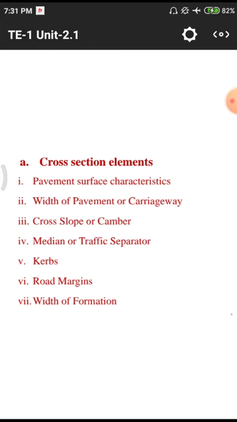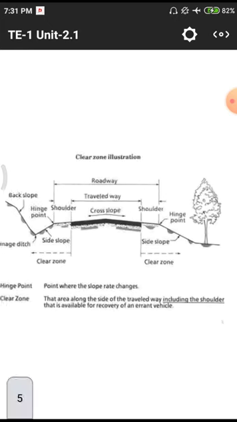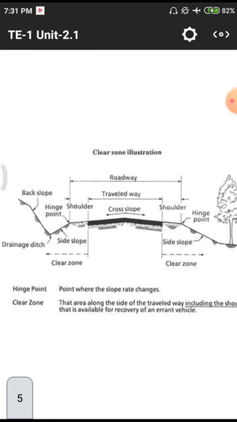And next, width of the formation. Okay, all those things come under the cross section elements. Once again we will illustrate with these diagrams. If there is a diagram, we have better imagination power, better understanding and communication between the tutor and the students. That means both who are teaching the lesson and listening to the lectures have good communication while we are listening with these kinds of images.